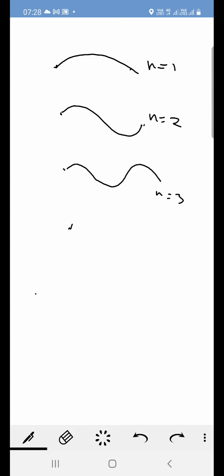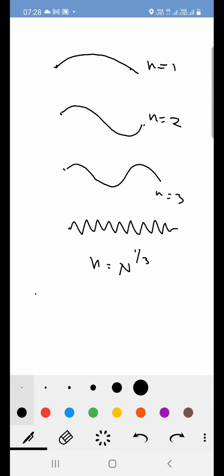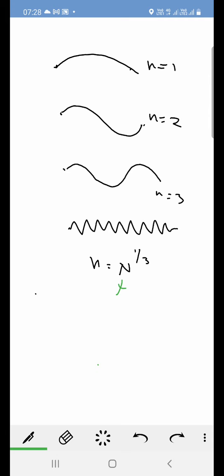If again it travels in this way, we say that n is equal to 2. This is equal to 3. So it can take multiple directions. So now n becomes n to the power 1 by 3, where n is nothing but the number of